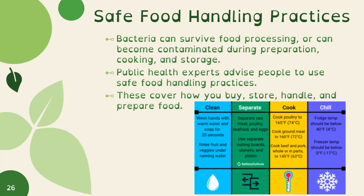Make sure raw sticks with raw, and cooked sticks with cooked. When you're cooking things, you need to cook them to a proper temperature to make sure that all the bacteria has been killed and the food is adequately cooked. Poultry needs to be cooked to 165 degrees Fahrenheit, which is 74 degrees